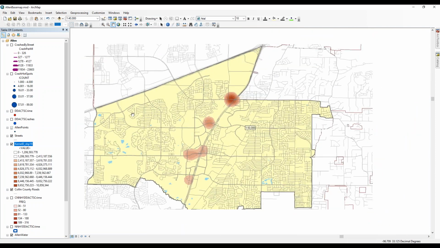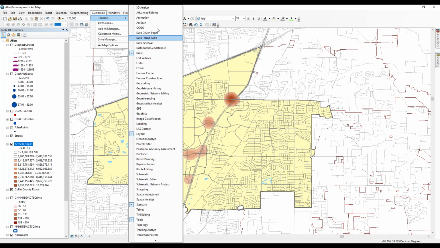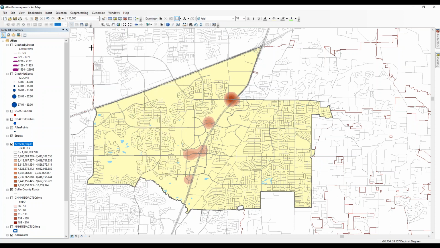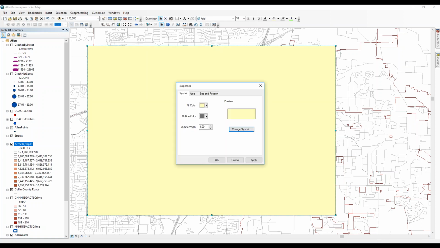Zoom out a bit. So the way I typically do that is just to use the drawing toolbar here, which you can turn on under Customize Toolbars, Drawing. And I'm going to use that to draw a box around the city. And then if I double click on the box, on the Size and Position tab, I can see what the coordinates are at the lower left and the upper right. And I just need to copy those values